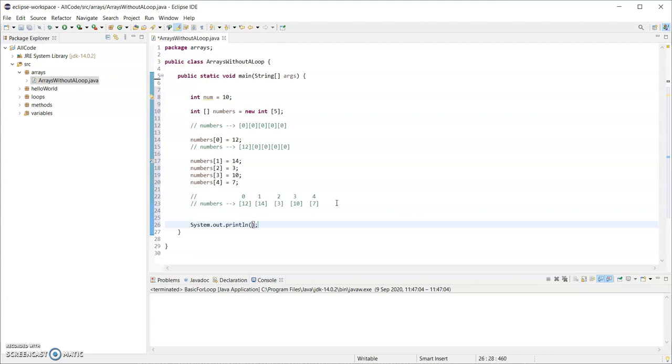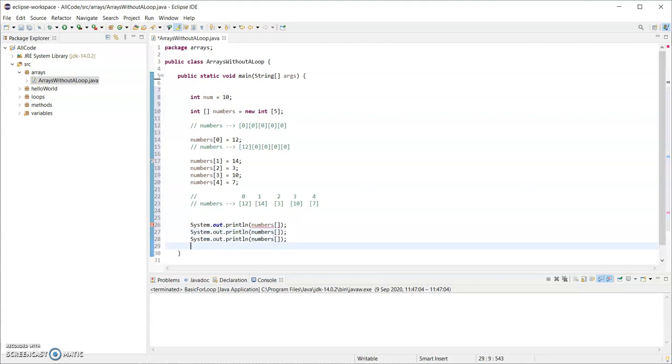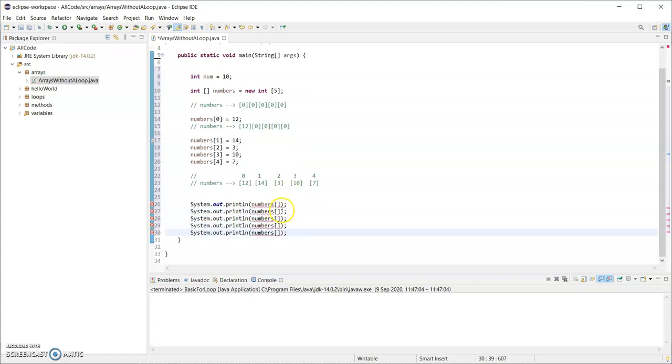Now, just to do a printout as well here. Numbers and square brackets. Now, that's not complete yet. What I'm going to do is just do that 4 more times, so I have a total of 5. So to print out the value that's in the first array element, so for me to print out the value of 12, I will access that with numbers 0. To print out the value of 14, I'll access that with the value of 1, and so on. 2,